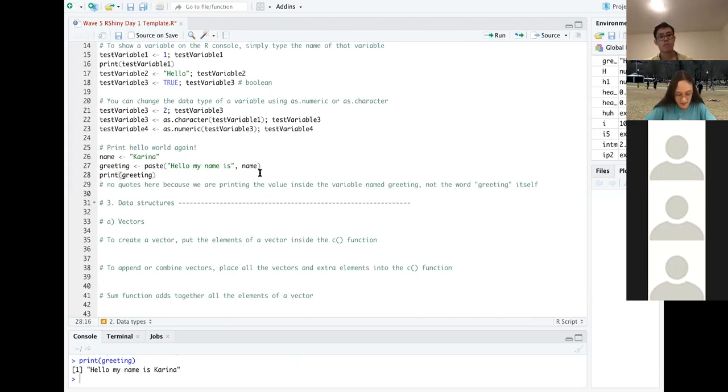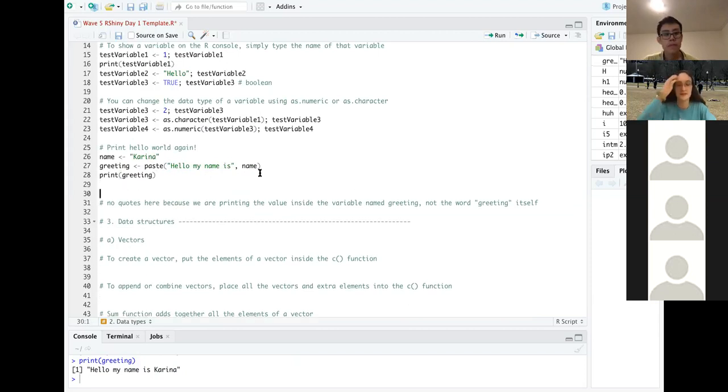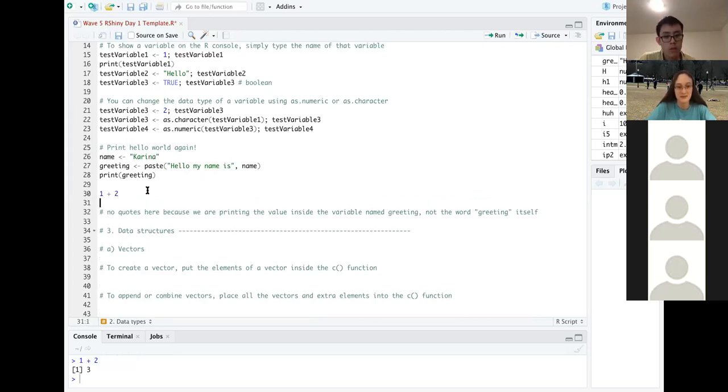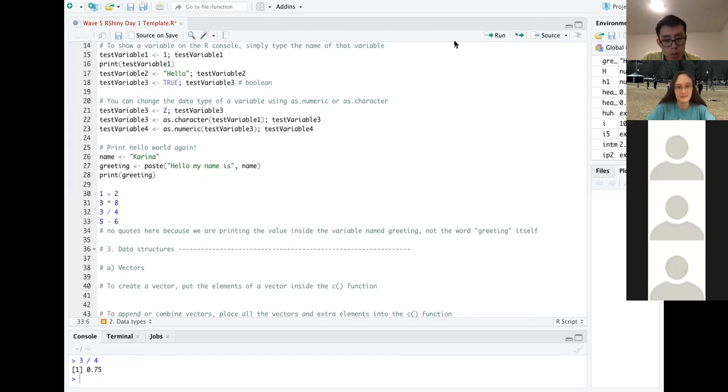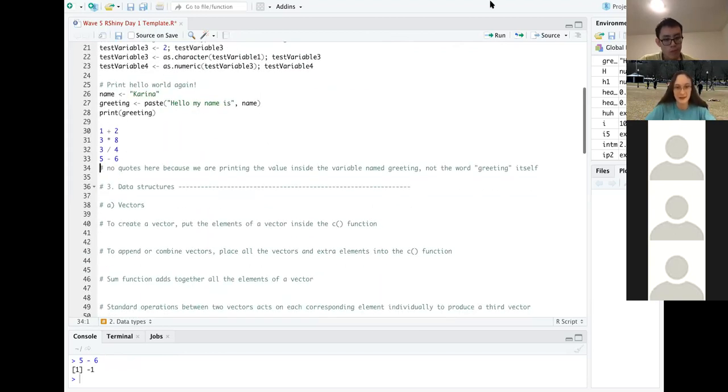And then just to be complete, we've seen how to concatenate, or put strings together. For completeness' sake, we can also add numbers. R is basically a calculator. So if we do 1 plus 2, we get 3. If we do 3 times 8, we get 24, and then 3 over 4, we get the exact fraction. Those are just the basic numerical arithmetic operations, just to have in the back of your minds.